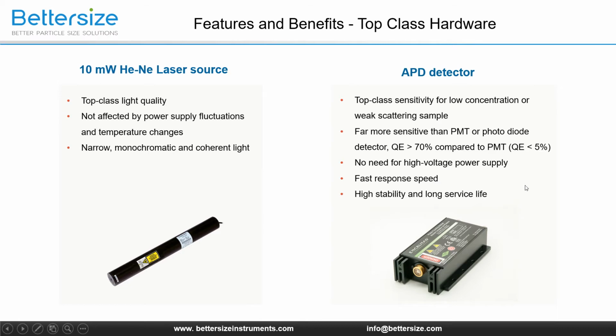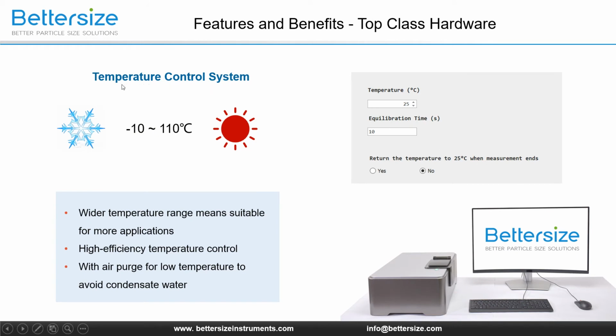In addition, a highly precise temperature control system is built into the Binano 90Z. Temperature, an essential parameter for particle size measurement, has to be precisely controlled. Therefore, the Binano 90Z offers adjustable temperature between -10 and 110 degrees to meet various measurement requirements and allow thermal stability analysis of samples. In the Binano software, the users have to set the target temperature of the sample and the equilibration time left for the sample to reach the target temperature.